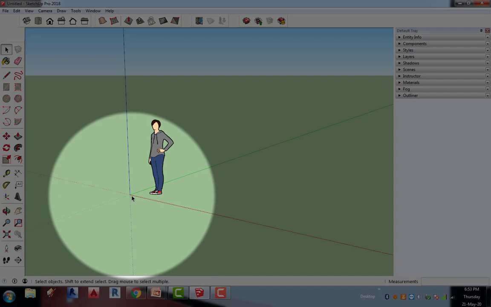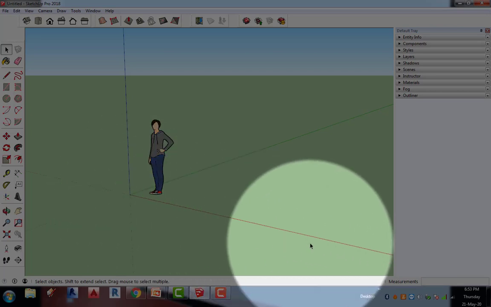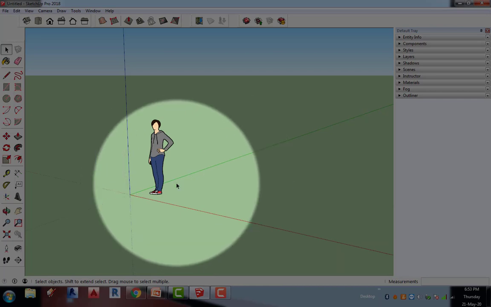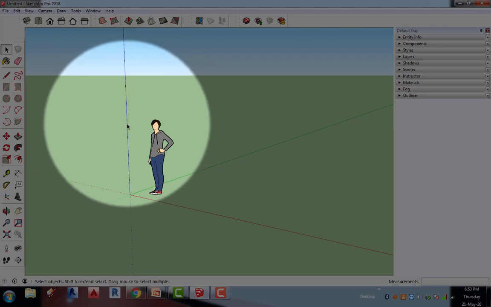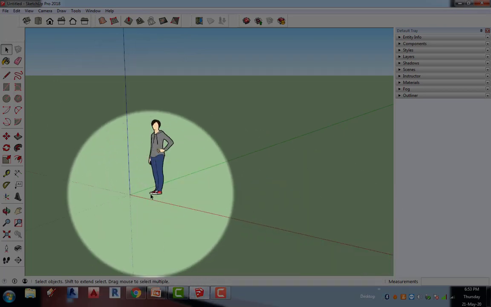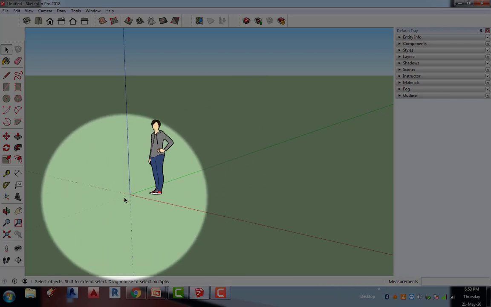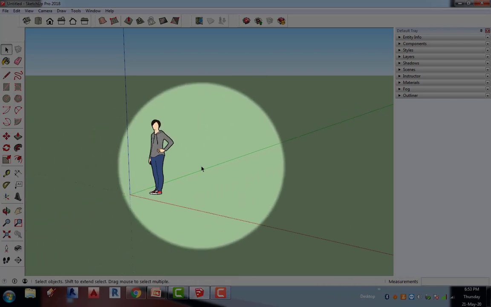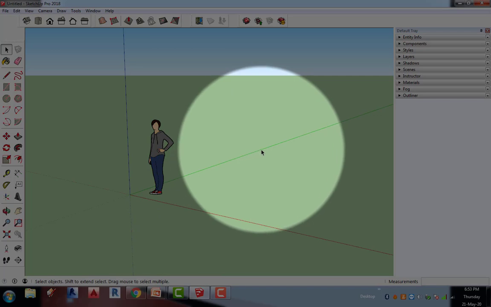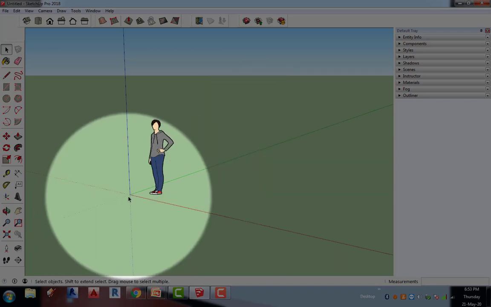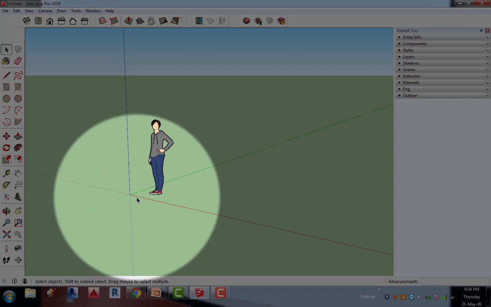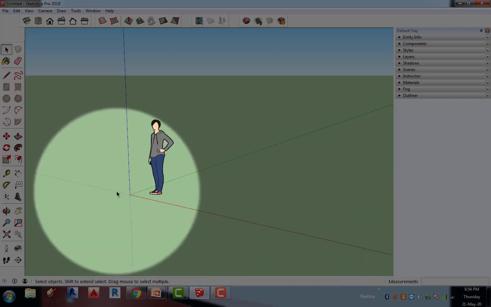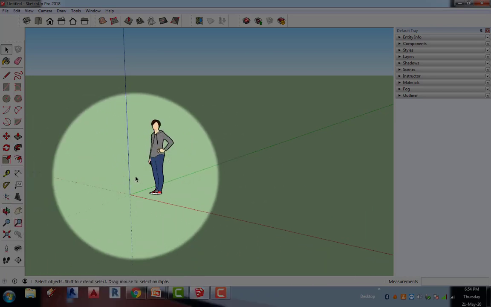Now, as I told you, you can see here you have the red axis in your x direction, green in your y direction, and blue in your z direction. So this represents your height, this represents your width, and this represents your length. Now, the green axis, which is a darker, straight line, is the north direction, and this is your south direction. The dotted green line represents south. In the same way, this is your west and this is your east, and that is how you can orient or understand this axis.